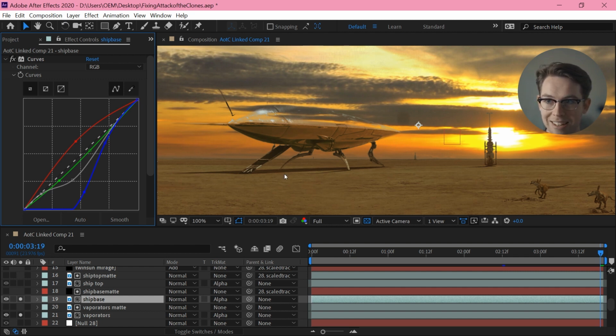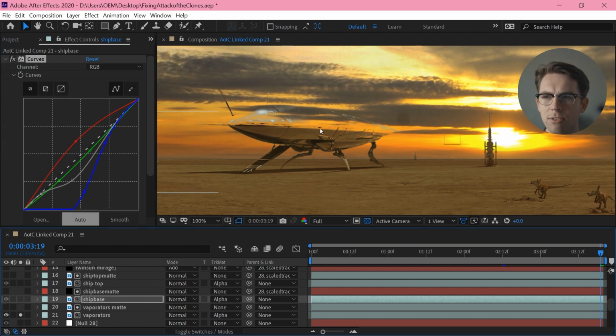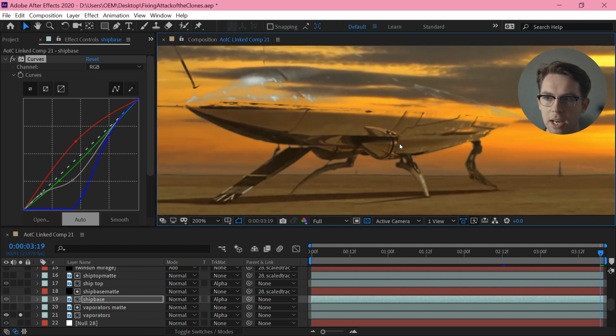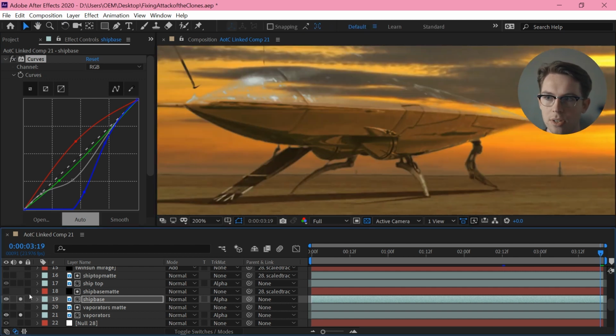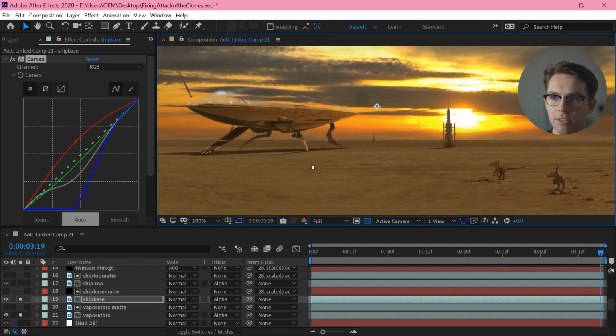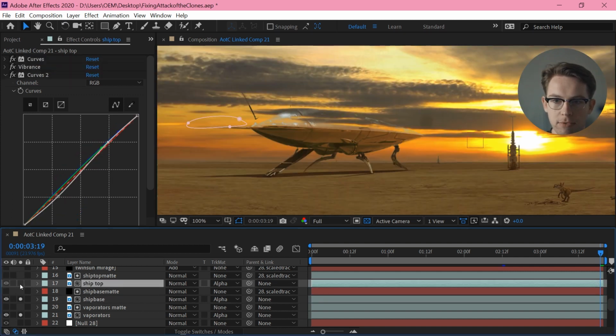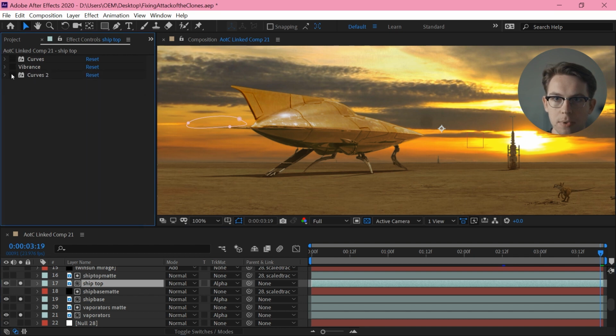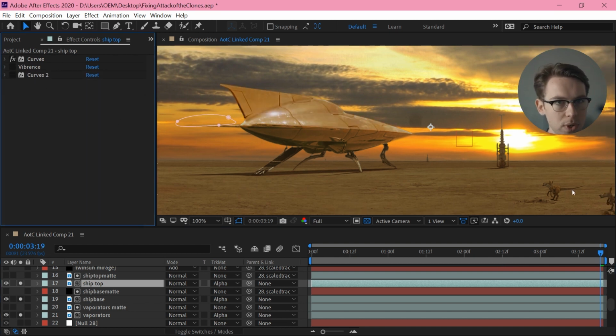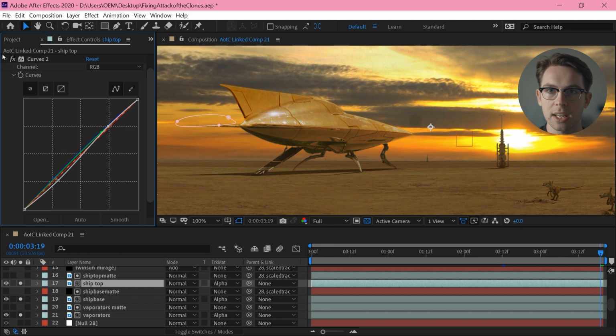There's a little bit of green in this ground now, and I want to have that represented in the bottom of the ship. You can see this is very high contrast, as if this is being lit by full sunlight, whereas this is lower contrast and it's closer to what I'm eventually going for here. Then I'm doing the same for the top of the ship, and similarly stacking up some color corrections. So the reflections from the ground should have more green in them. The reflections from the sky should obviously have more yellow in them. So I'm just adding in some vibrance and doing another curves adjustment to bring in those colors.